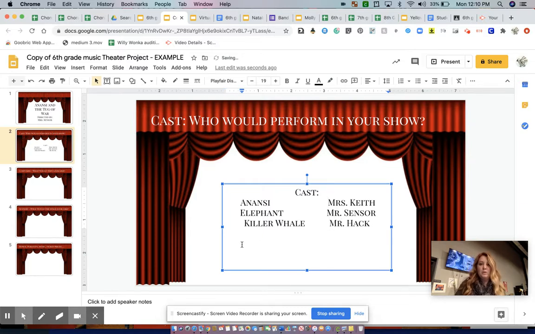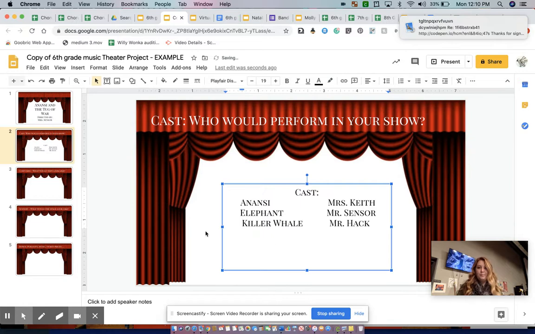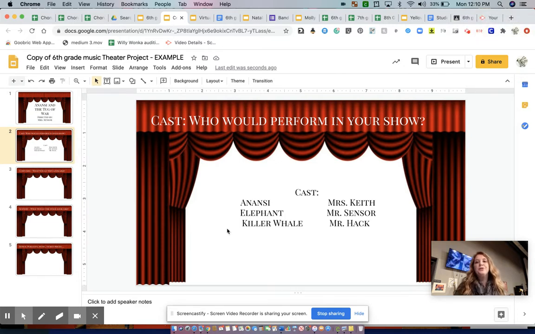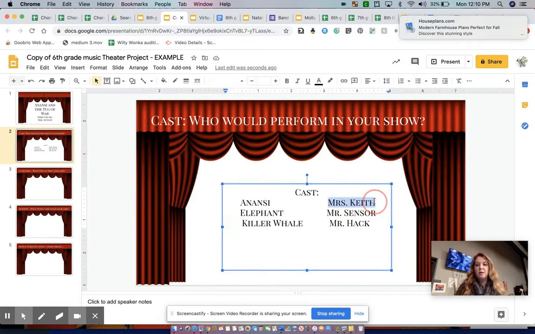Okay, so we're going to take our cast, and then we're going to leave that be because we have our cast. Or if you'd like to, instead of using your friends or your teachers, you could choose to use celebrities. So you could say that Anansi is being played by, I'm having a hard time thinking of celebrities that,